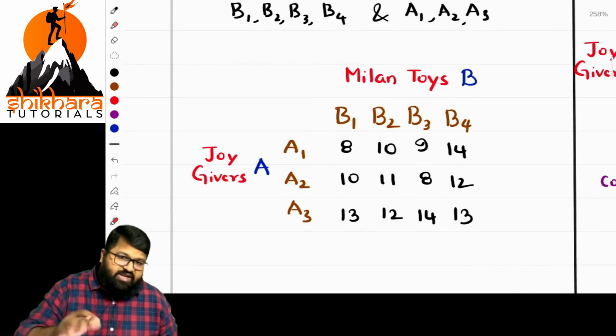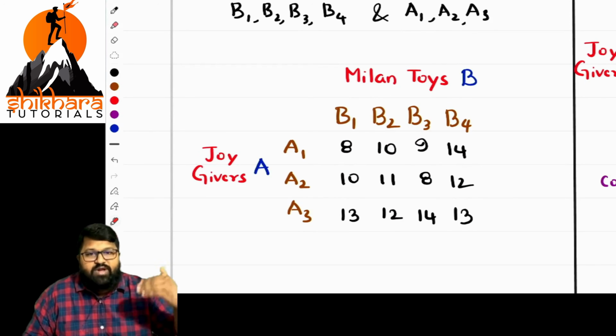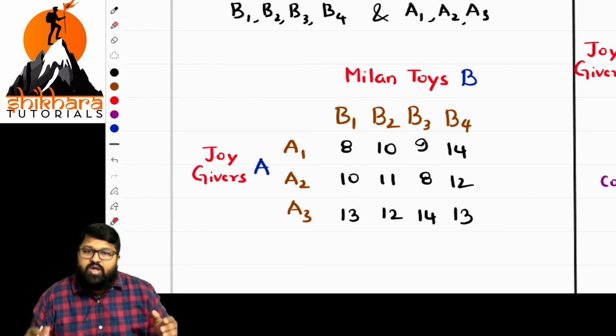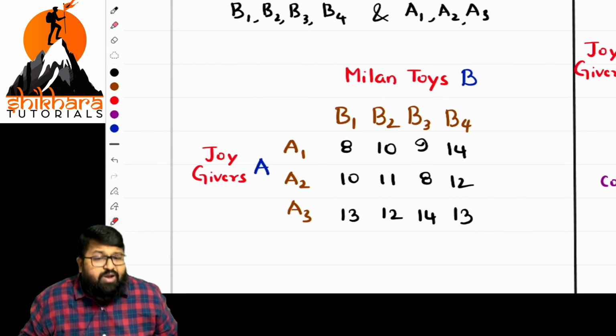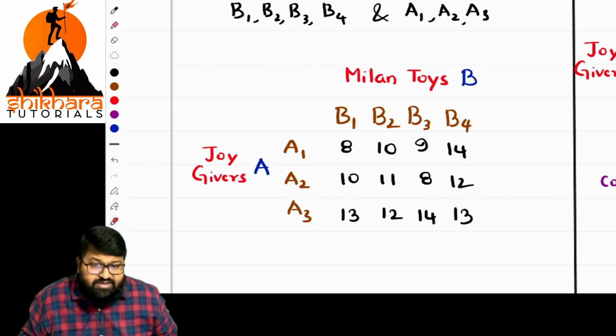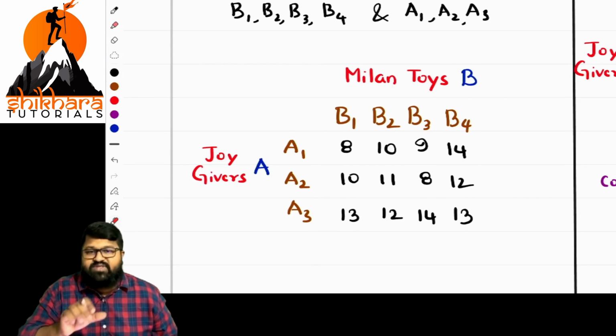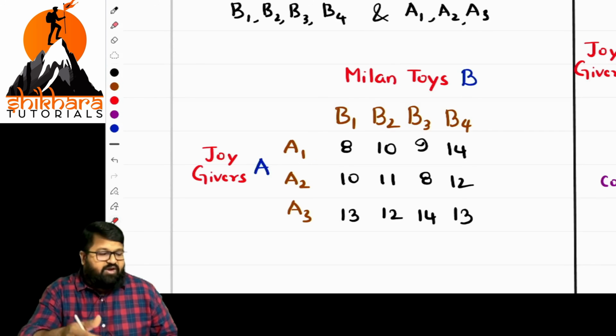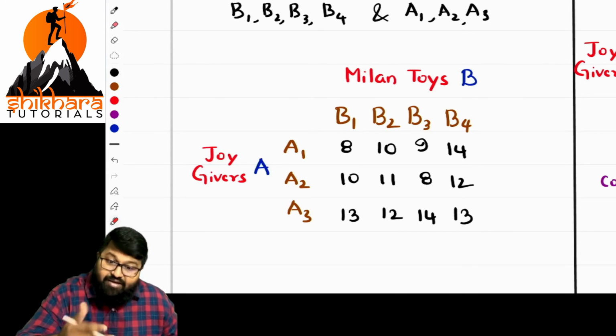Now it is very easy. As it is more than a 2 by 2 matrix, what is the basic part? We have to apply the dominance rule and bring it to a 2 by 2 matrix. Then go with the saddle point. If the saddle point is satisfied, then we are reaching the solution. If the saddle point is not done, then we have to go with what?